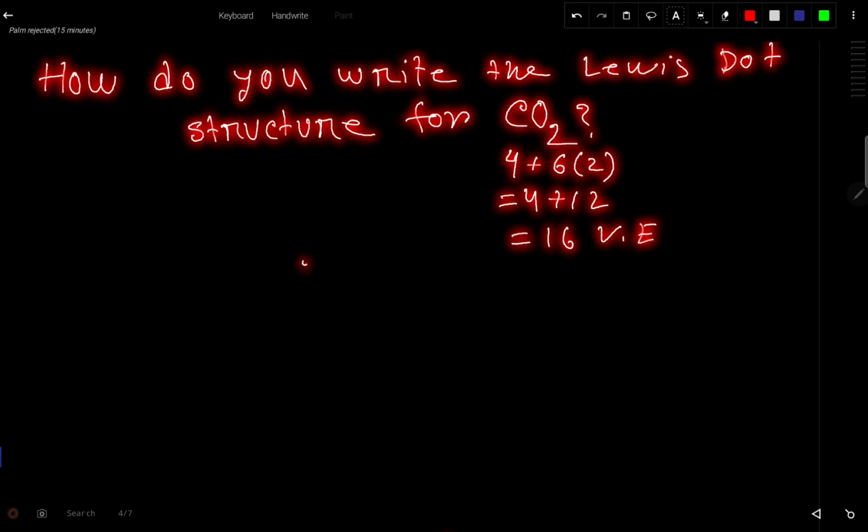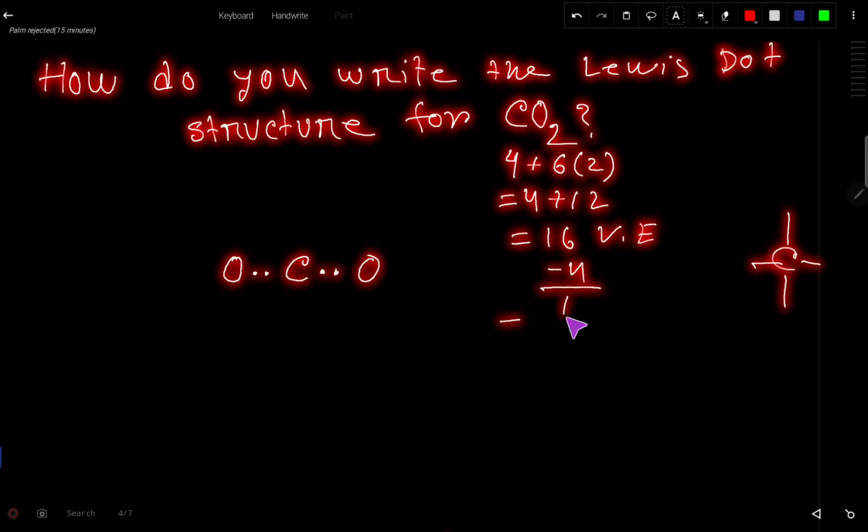So here carbon is the central atom because it is least electronegative, or it has the highest capacity of making bonds. You know that carbon has 4 valency, right? So it can form 4 bonds. So here we need to connect the oxygens. To connect we need to put 2 dots, because 2 dots mean one single bond. So out of 16, to connect these 3 together we have used 4,